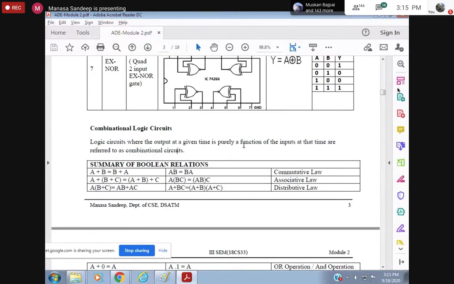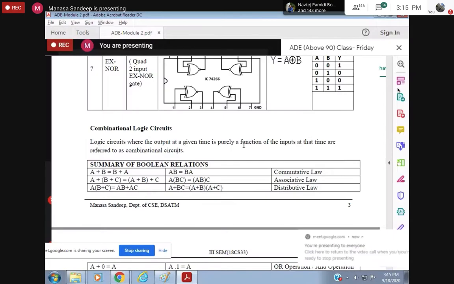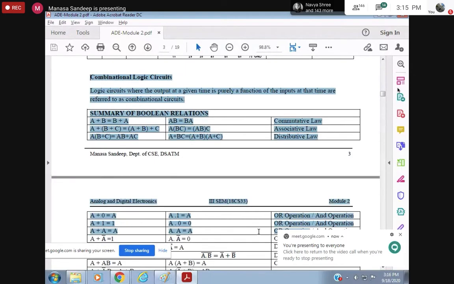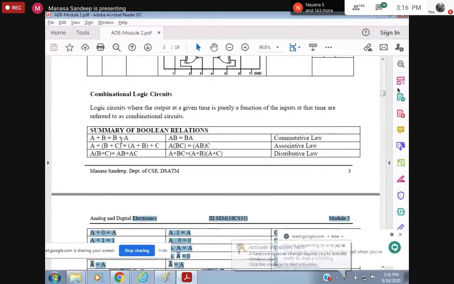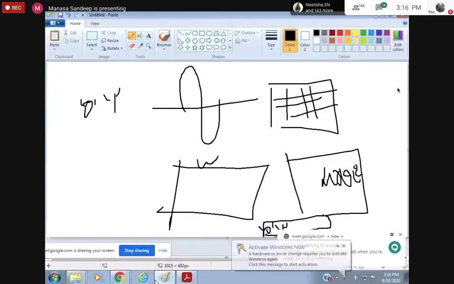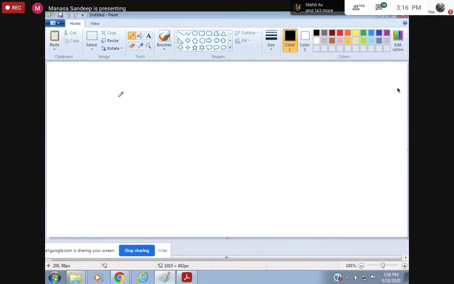This you will probably understand once we see sequential circuits. How much ever I try to explain, you won't get it now, so for the time being, just understand that. We are studying the combinational circuit, and these relationships you have already studied. These relationships, these formulas, will help me in simplifying a Boolean algebraic expression. What do you mean by an algebraic expression?